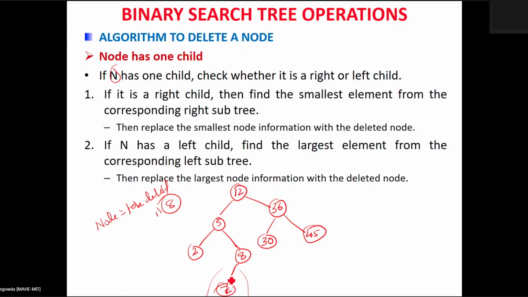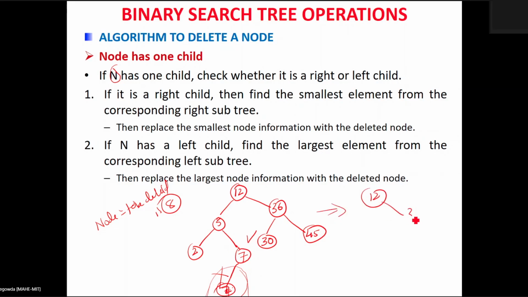Now in this case, I am going to delete the 8 here. When 8 is deleted, you have to traverse the left subtree of this 8 and find out which node has the largest number. I have only one child present, which is nothing but the 7. This is the largest number here. What you are doing is take this value and put it into the node value which is being deleted. Then after that you have to delete this node.